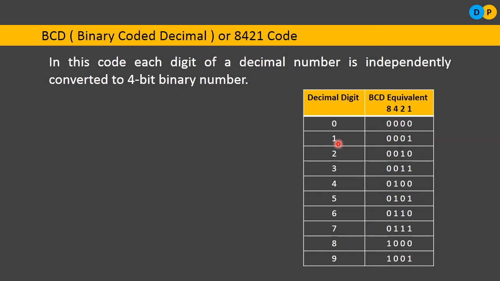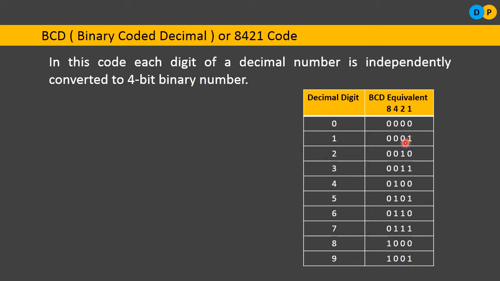Fine. Now let us consider 1. What is the equivalent of 1? You can convert it directly into binary by that approach, or else the very simple one is the 8421 methodology. Here I need to convert decimal 1 to its BCD equivalent. What is the procedure here? In order to come up with 1, I will be considering only one value. Only one bit is represented here.